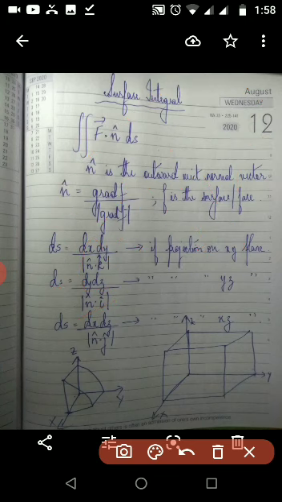Now if it is a curved surface, look at this situation. I have a curved surface here. Can you see this? This is a curved surface. If I take a normal vector, it will be pointing in different directions at 90 degrees. So the curved surface is not parallel to the xz plane, neither is it parallel to the yz plane, neither is it parallel to the xy plane. So to calculate n hat, I will have to use this formula: grad f upon magnitude of grad f.